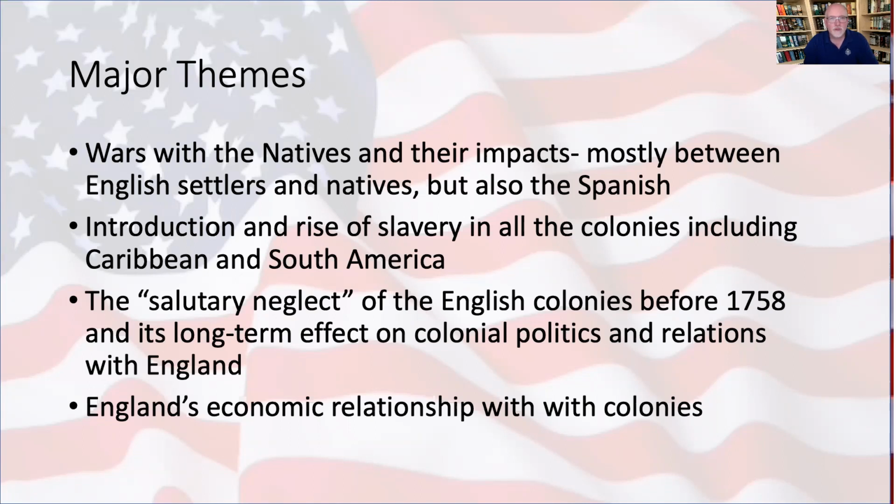Most of these wars were also driven by, although the colonists tried to escape it, they couldn't, the wars in Europe that occurred at the time. If there was a war in Europe, particularly between the British and the French, chances are that spilled over into North America. So you'll see that a number of these wars drove relationships not only between the English colonists, the French colonists, the Indians, but between the English colonists and the British.